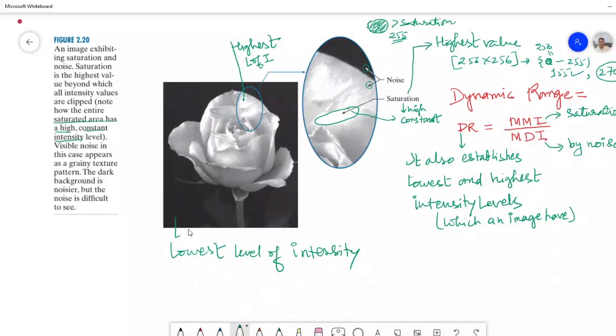Suppose there is 2 to the power k, then k means number of bits. If I take k equal to 8, then I will say a k bit image means it will be an 8 bit image, and this 8 bit image will have 256 levels. Okay, is that clear? Now note that storage requirements for large 8 bit images, such as 1000 by 1000 pixels, are not insignificant.